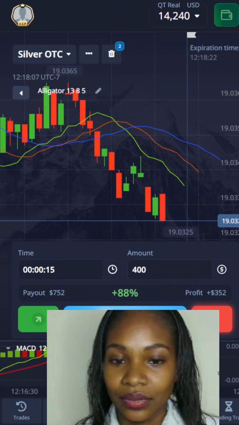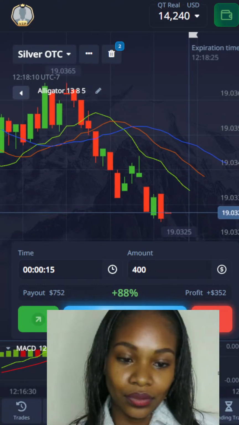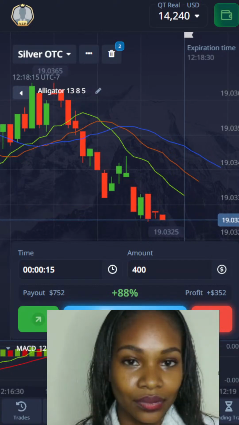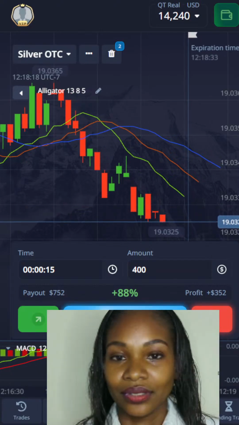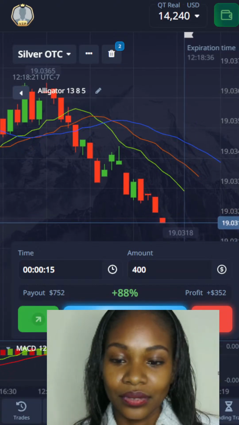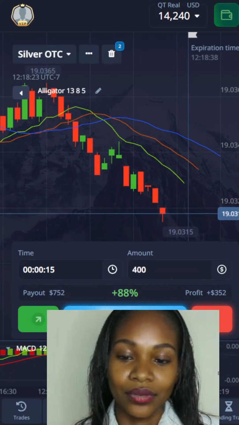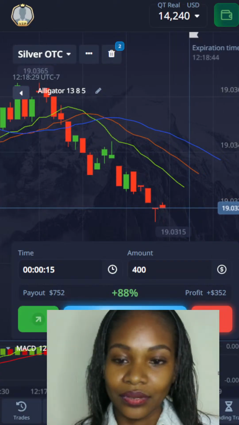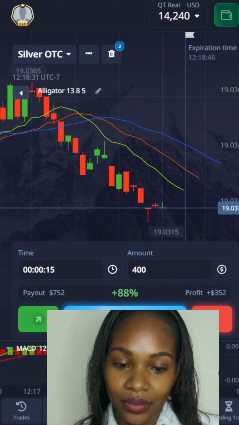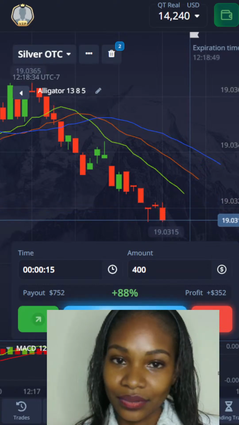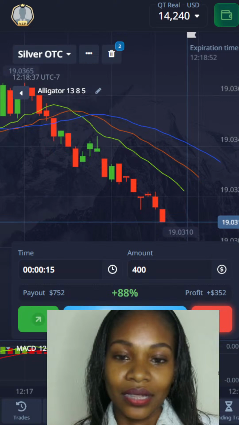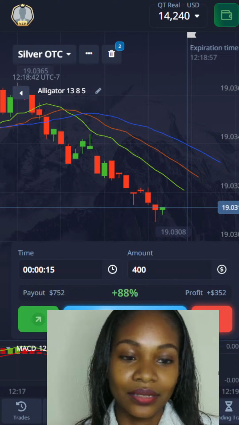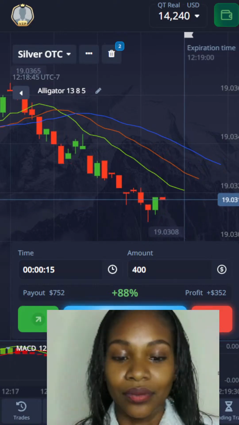And one thing you should know for binary options traders, always trade with a trend. Do not trade against a trend. All right. When we are in a downtrend, sell. When we are in an uptrend, buy. Though there are some small situations where you see that right here, the buyers, we have that series. So maybe over here, let me place in a buy position because very soon the buyers are going to take over this particular market.